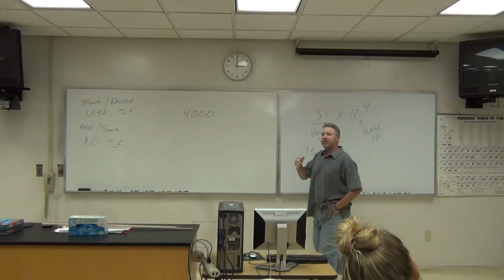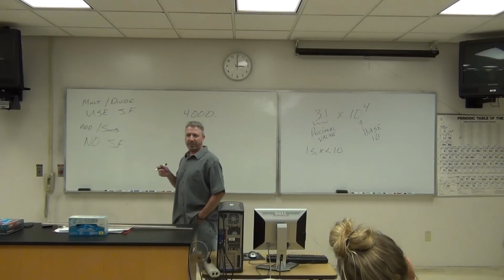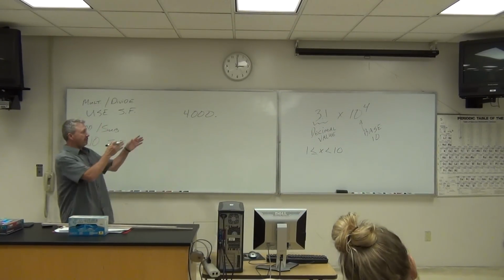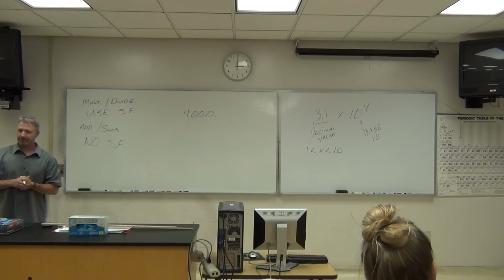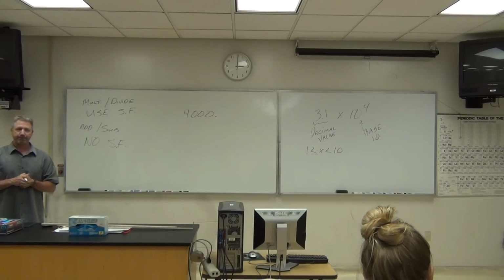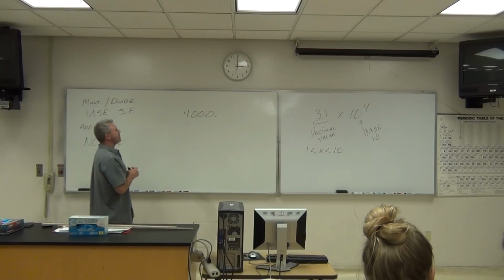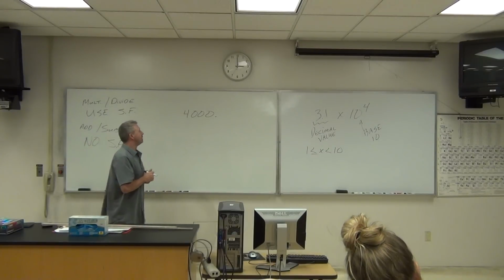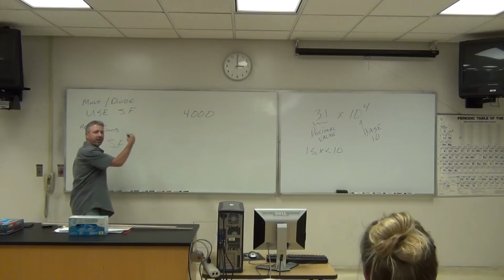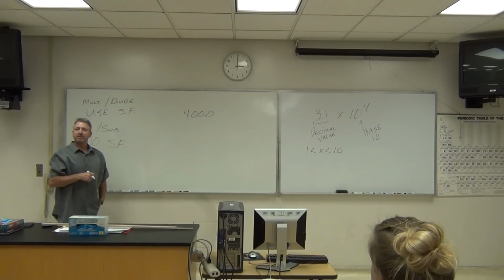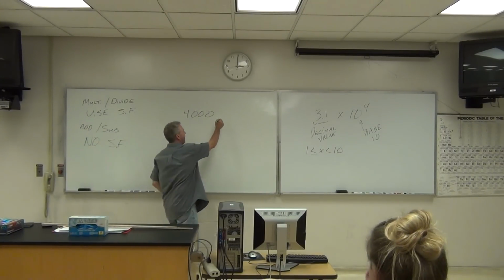You have to have 10 to a certain power. If you fulfill both of these requirements, you have a number correctly written in scientific notation. Okay? So how do we do that? Well, first of all, we can take any number and we can multiply it